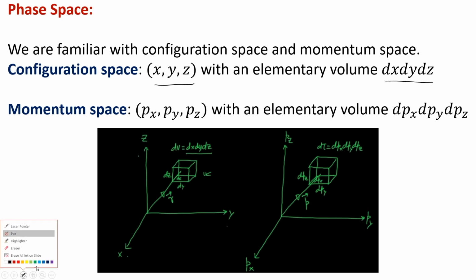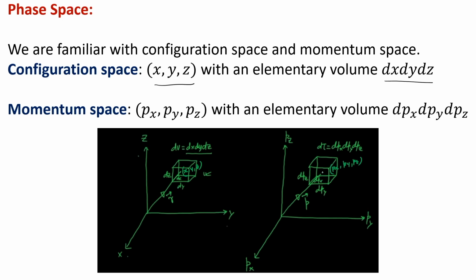Let me try to show this here. So, this point that you see here is x, y, z and so on with respect to a certain origin. You have built up a volume around it, and this volume is equal to dx, dy, dz. Similarly, in the momentum space, once again we have the momentum given as, say, px, py and pz